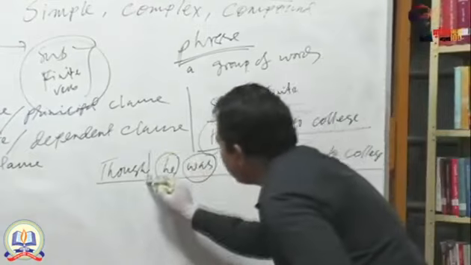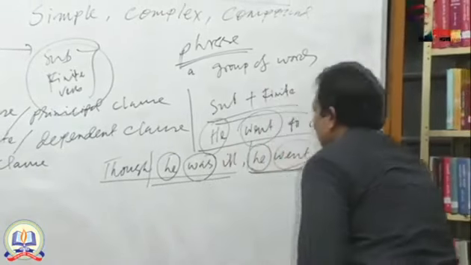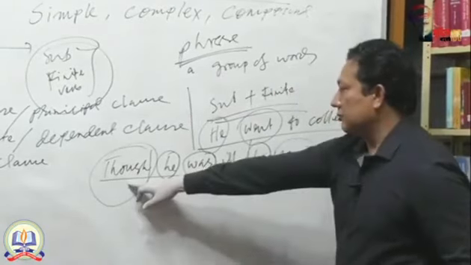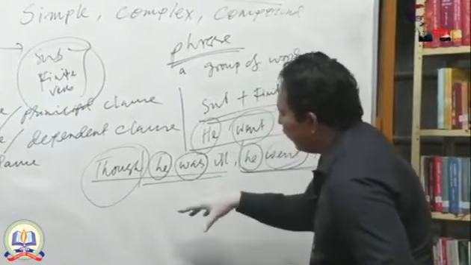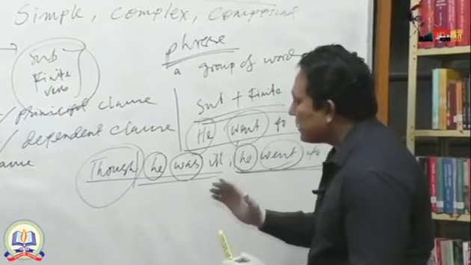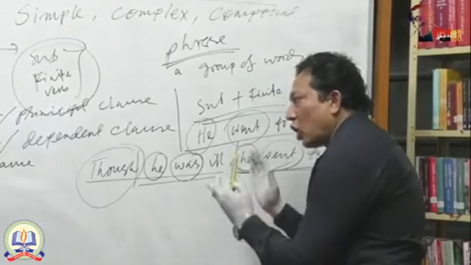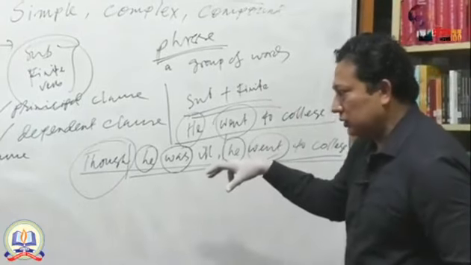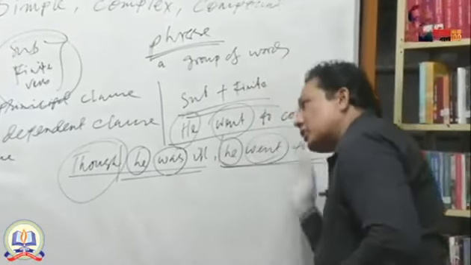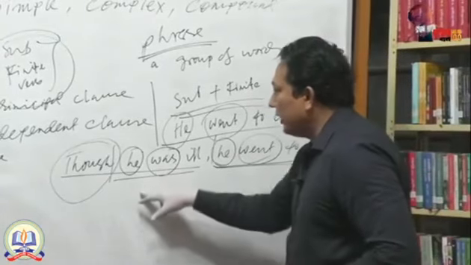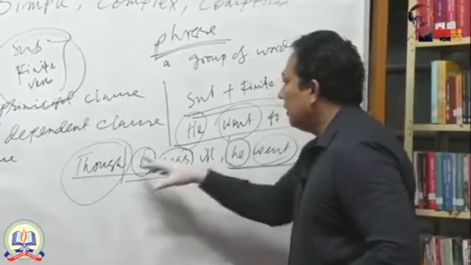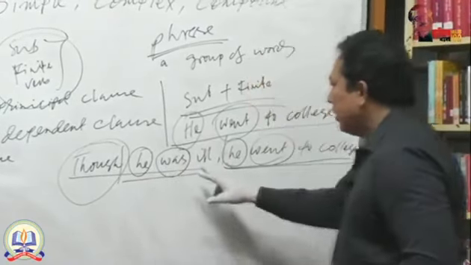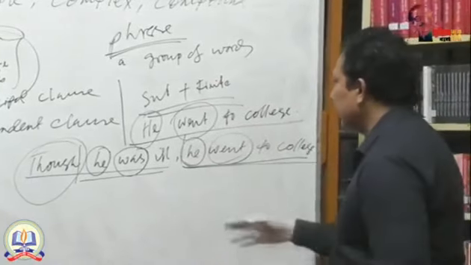That means you can denote it in this way: this is a simple sentence, this is a simple sentence, and these 2 parts are connected with though. It is a conjunction. Though you are getting the full criteria of a simple sentence, you cannot say that you are getting completeness or a completed thought. How? Though he was ill. It does not indicate that it is a completed thought. It is dependent on another thought. All the criteria you are finding here, he was ill, but you cannot say that it is a completed thought and itself a sentence unless we are telling that he went to college.